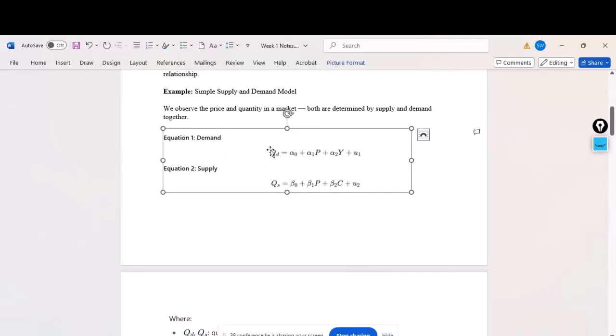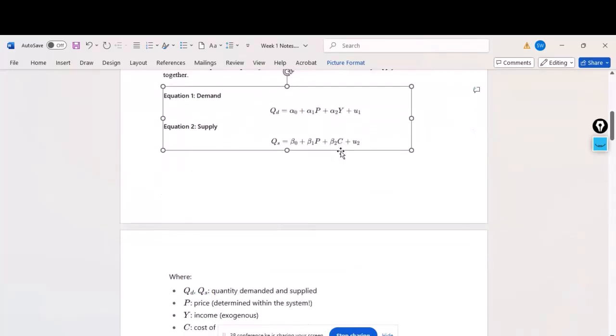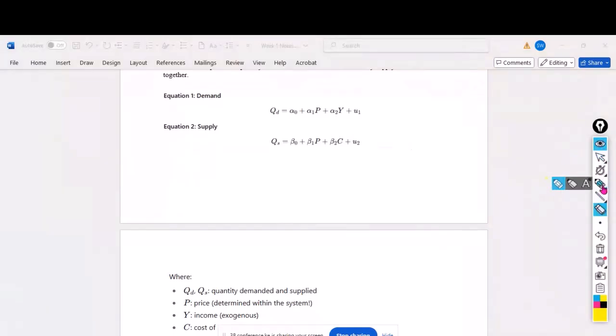In equation 1, we see that quantity demanded, QD, is affected by price, and it is affected by income. When you come to equation 2, supply QS, quantity supplied, is affected by price here, and it is also affected by the cost of production. One thing you should note here is that this P is on both sides. This P is on both equations. So these equations, we call them the simultaneous equations,